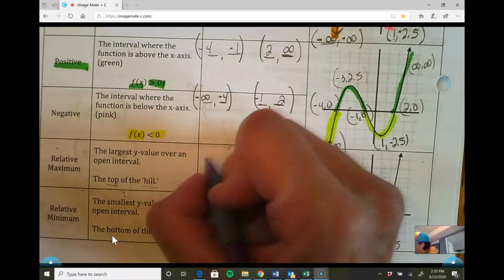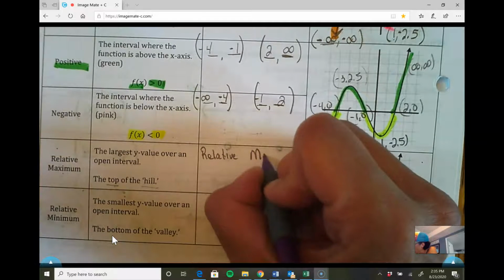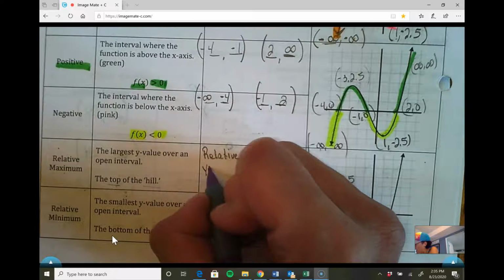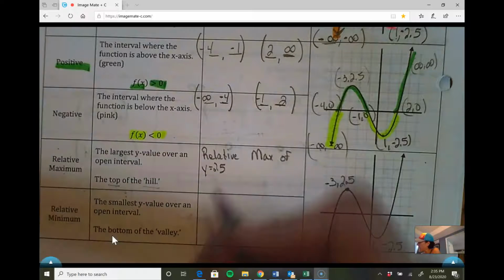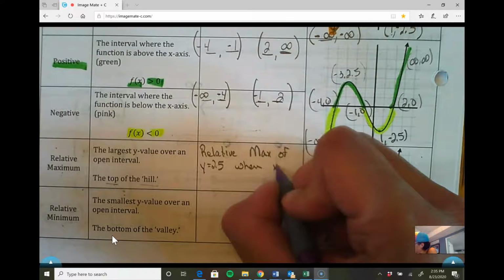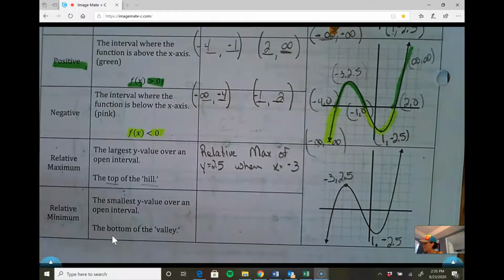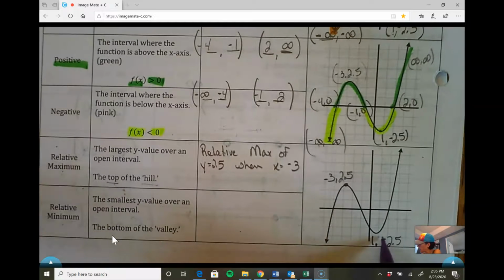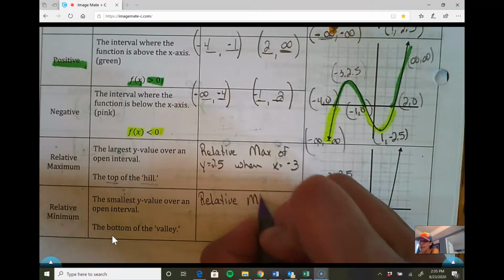So there's a relative max of, and if you really want to get specific, you can say y equals 2.5. You can just say 2.5 because that does refer to the y, when x equals negative 3. You have to write this out. If you write the ordered pair, this is not correct. All right? Relative min. So here we're going to say there's a relative min. And I should say minimum, but you know,